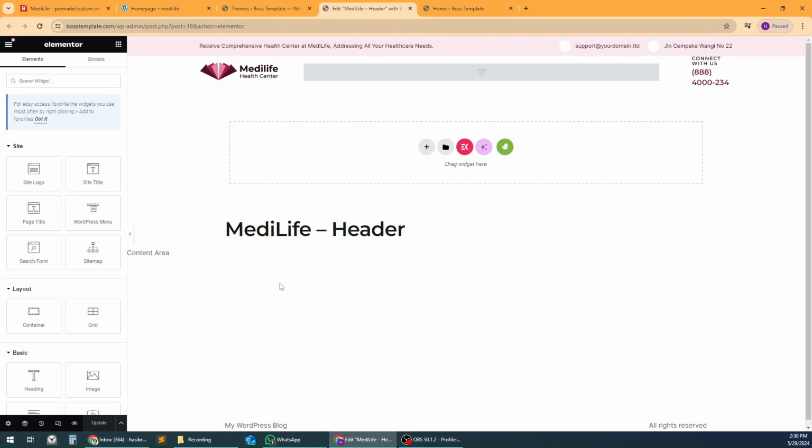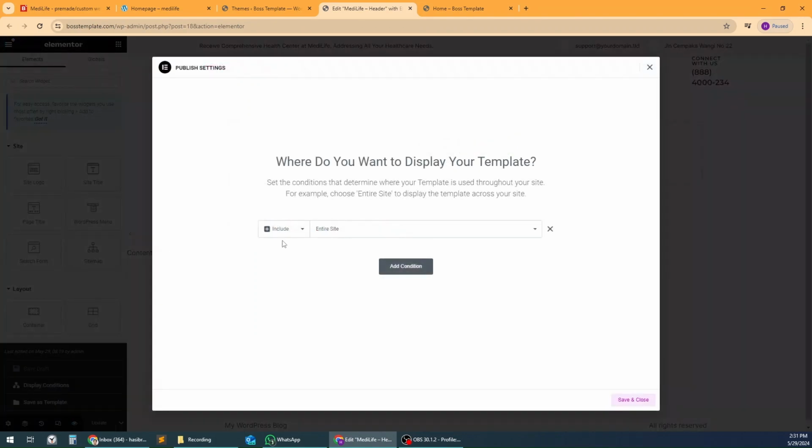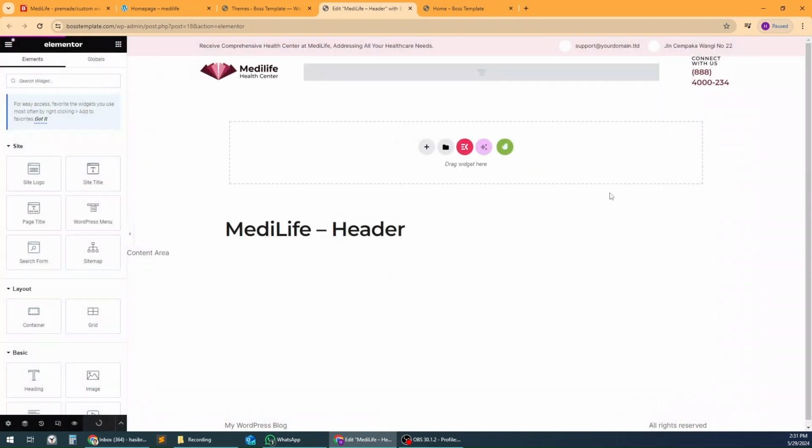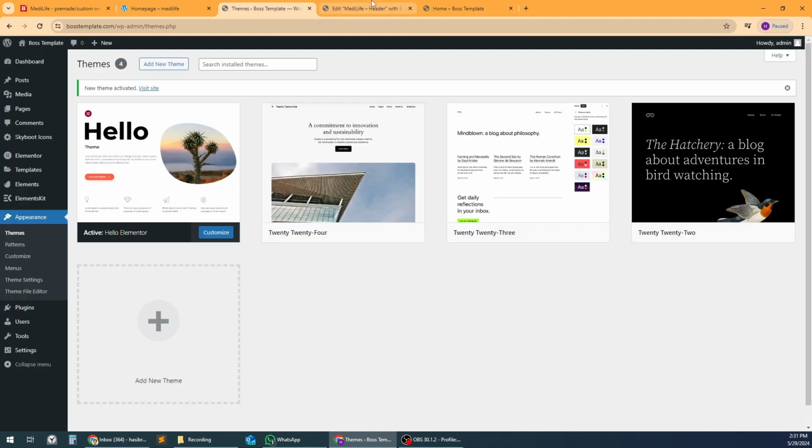Very important work. You see there is an up arrow. Click here, and then click display conditions. This header will work for the entire site. Now click the save and close button. I hope it's done. Let's go back to the